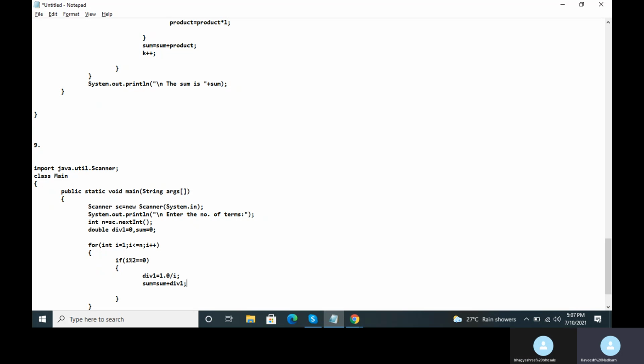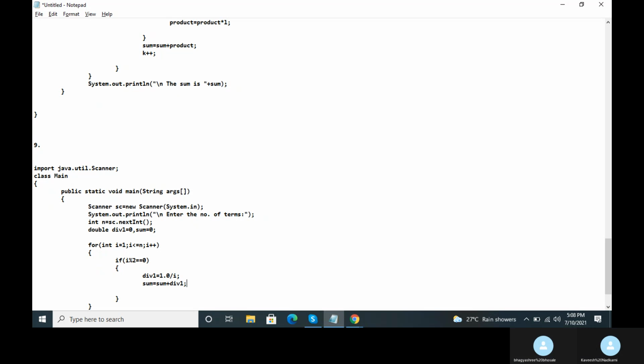Each time the for loop runs, we will check whether the current value of the variable i is even or odd. If the value of i is even, then the condition of the if block inside the for loop will be true.